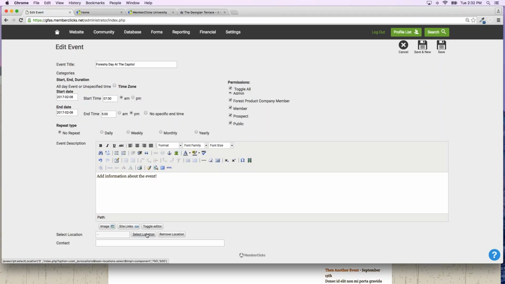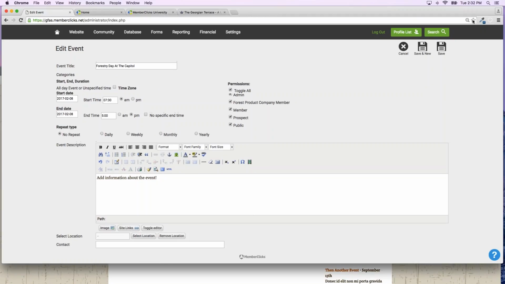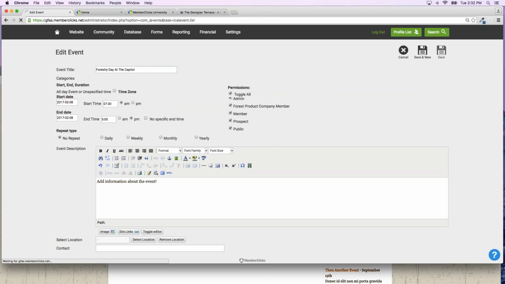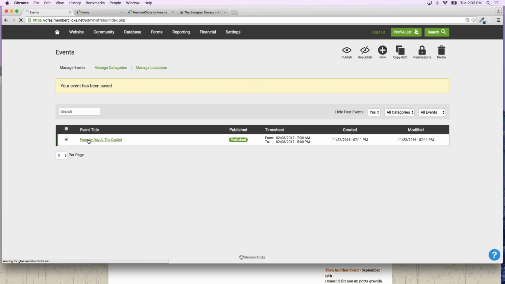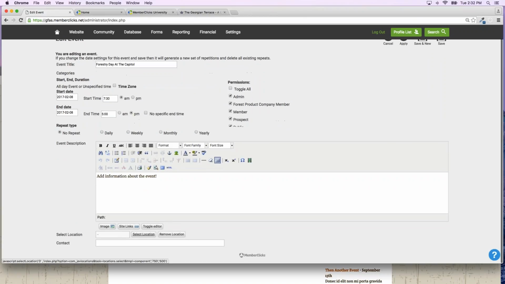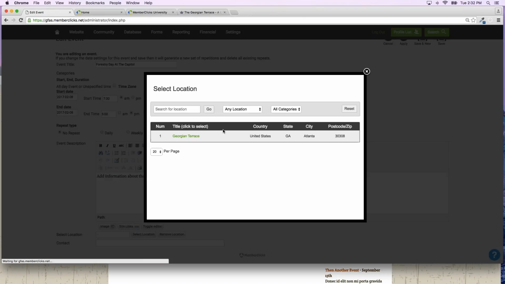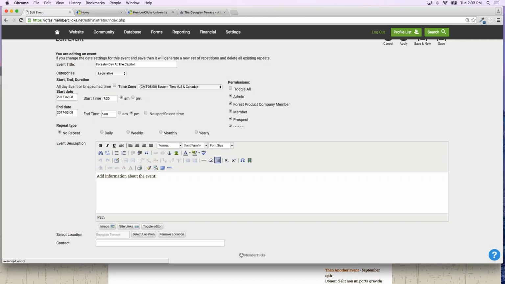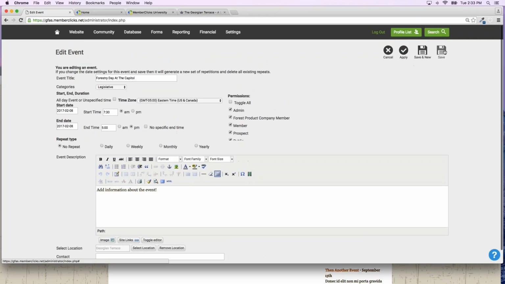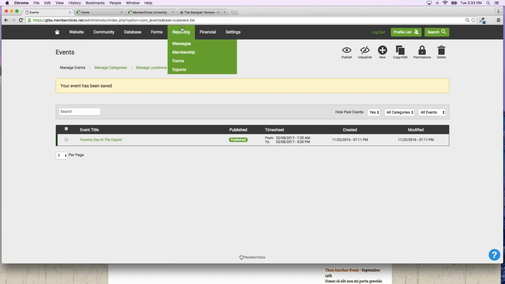I thought I pressed it. Let me save this, come out and go back in. There we go. Georgian Terrace. And then we would save. So now if I go back to our home page,